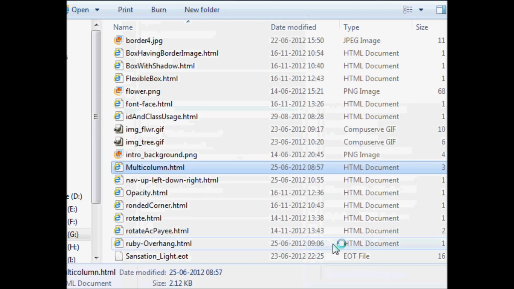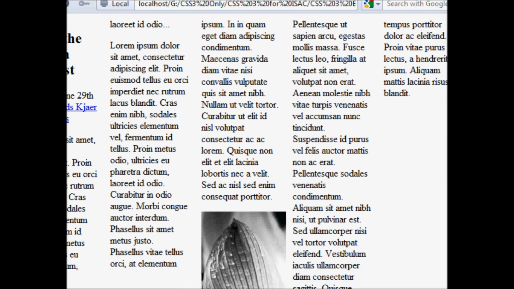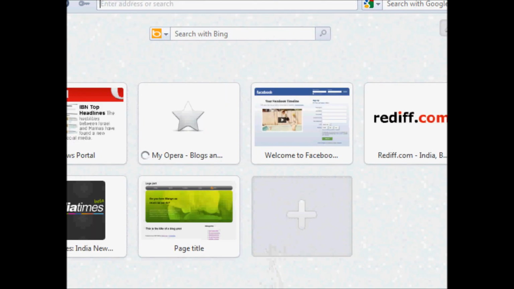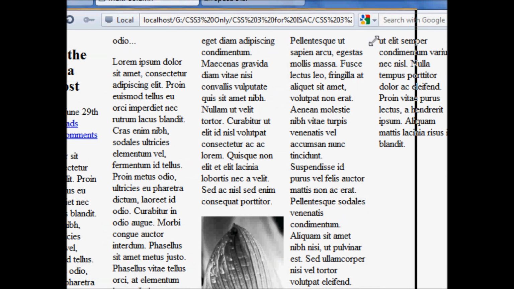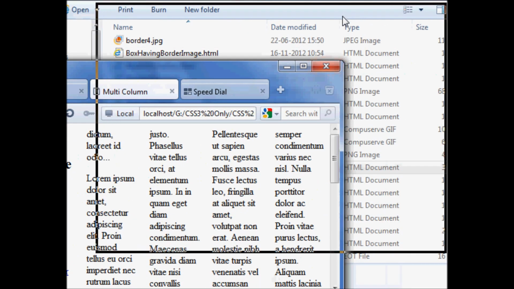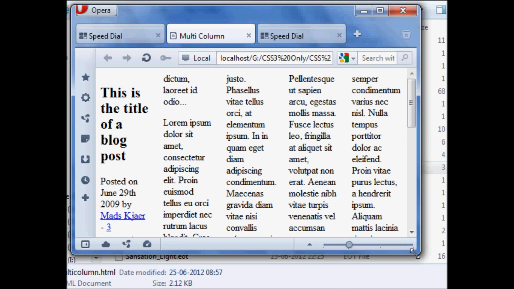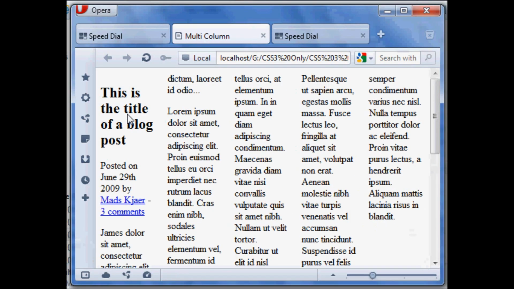Okay, so you have noticed clearly here that the whole data and the article is divided into the 5 columns, right? 3 to 5, isn't it?